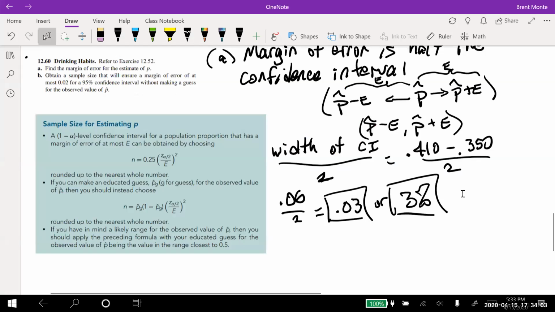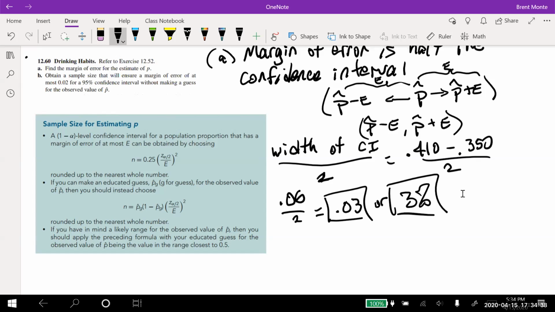Okay, so now I wanted to put this in because there's a lot of verbiage in here, but we'll go over it and talk about what they're meaning. So this is to find the sample size to estimate the population proportion p, and it says at a 1 minus alpha level of confidence. So remember, if we've got a 95% confidence, alpha is 5%. It's the probability that we're wrong, making a type 1 error. So that 1 minus alpha is just like saying at a 95% confidence interval, alpha in that case is 5%. For a population proportion that has a margin of error at most E, can be obtained by choosing,